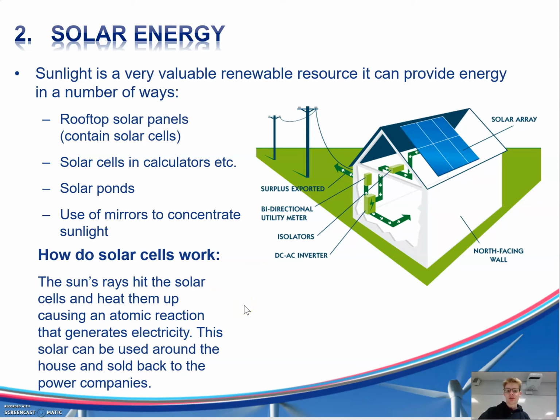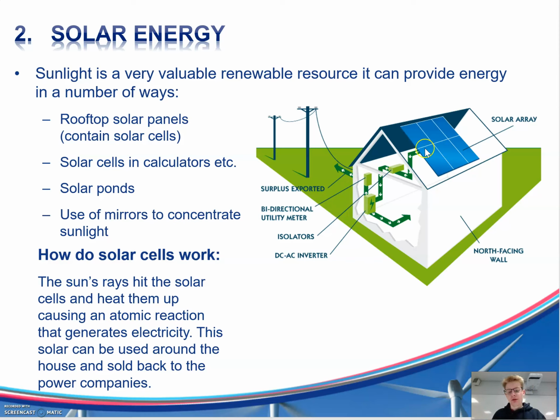Solar energy, that's another renewable resource, because solar energy takes use of sunlight, and the sun is continually shining light. There's actually a number of different ways you can get solar energy. The common one that you'd see is with solar panels. When you've got a solar panel, they have lots of tiny little mirrors that direct the sunlight into little solar cells. And what a solar cell does is it causes an atomic reaction to occur, which generates electricity.